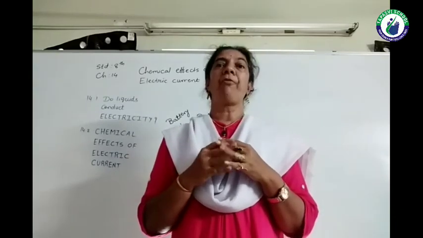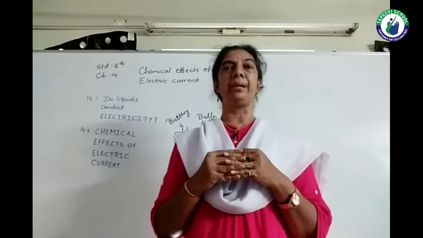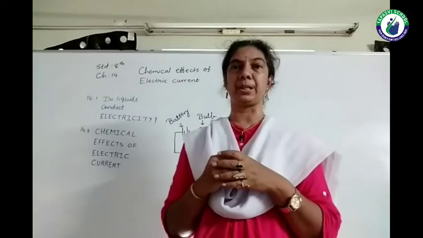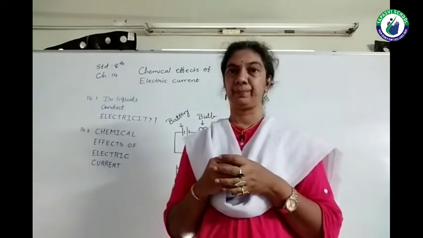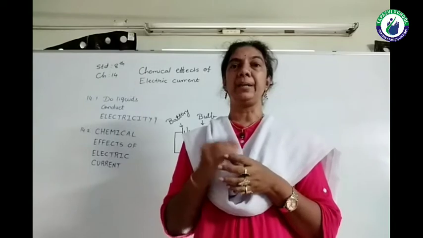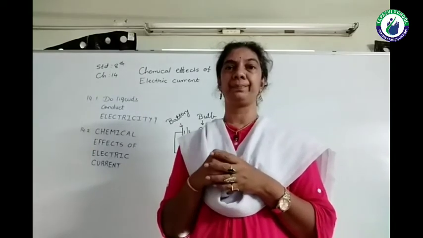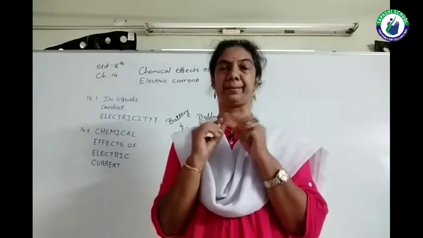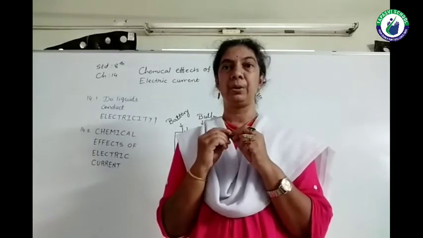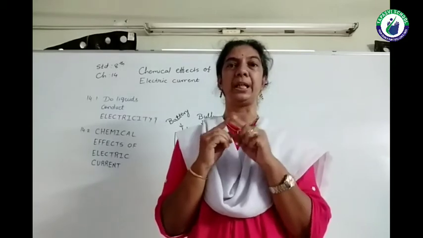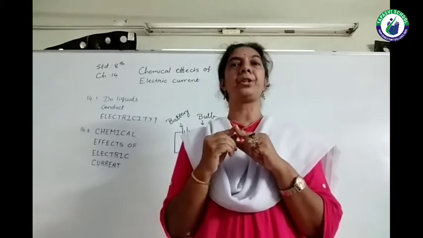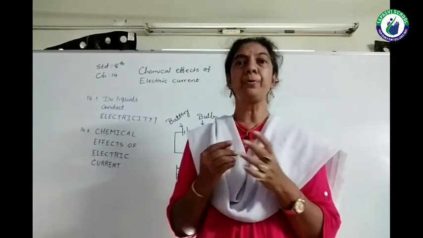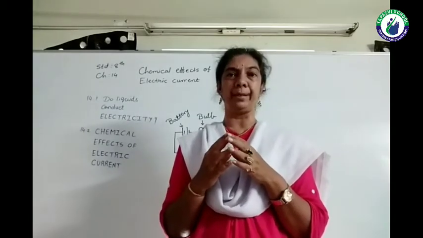In the chapter, we have one more simple activity which I also performed just now in front of you. You have seen that I had an iron nail and I placed it in between the circuit. So as soon as the circuit was completed, the electric charges were flowing through it. What is the proof that electric charges are flowing?